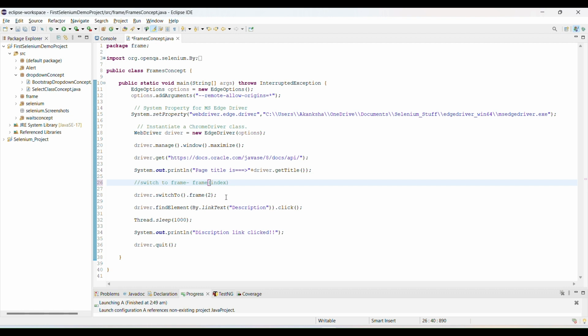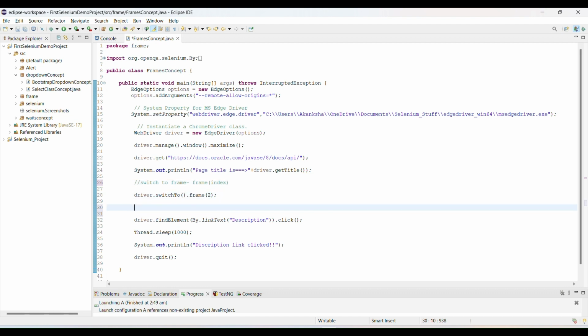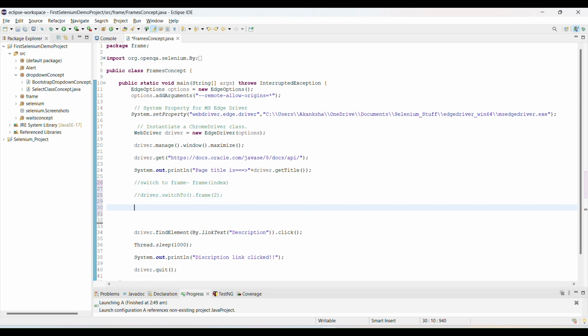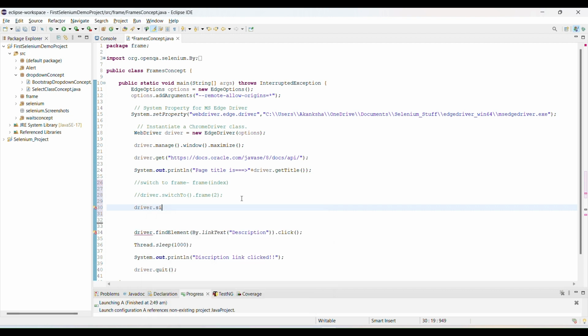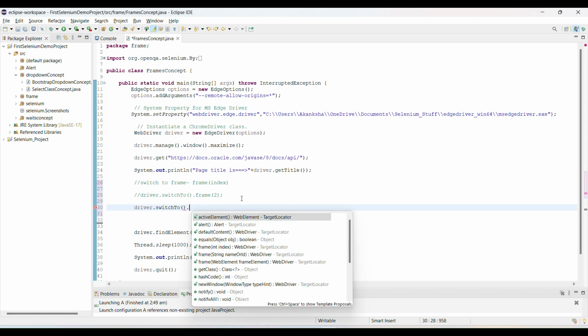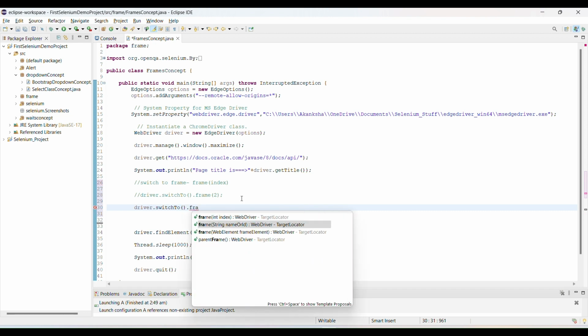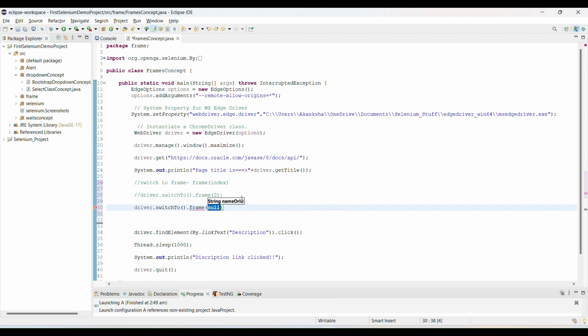Let's try for name value. I'm going to comment this out. We can use driver.switchTo().frame, right? And we are going to select the name value, the frame name value.